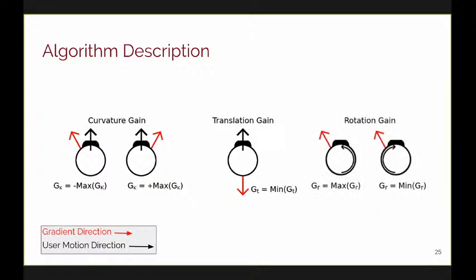And for rotation gain, if the user is rotating towards the gradient, we're going to apply maximum rotation gain. And if they're rotating away from the gradient, we're going to apply minimum rotation gain. One thing I'd like to point out here is that for anyone familiar with steer to center, steer to orbit, and the other reactive algorithms, we are not really changing how we choose the gains. Instead, we're choosing this target direction. In our case, it's a gradient direction. In the other cases, it's a direction towards, say, the center of the physical space.